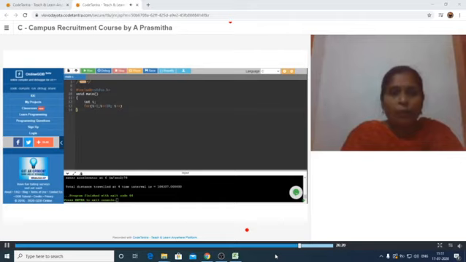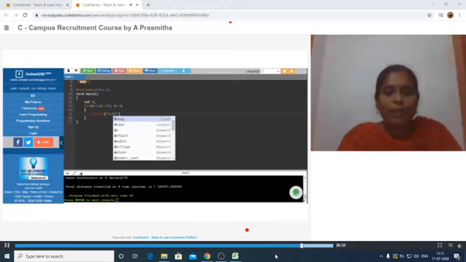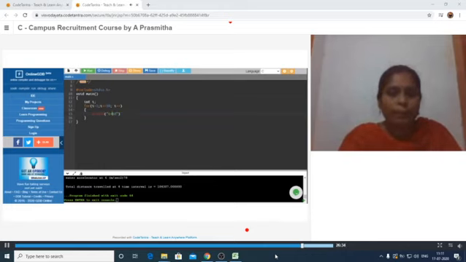Now I am going to show you how this for loop will execute. Inside this for loop I am writing only a printf statement, and I would like to display the value of i after each iteration.